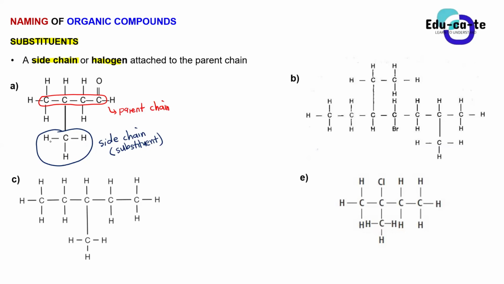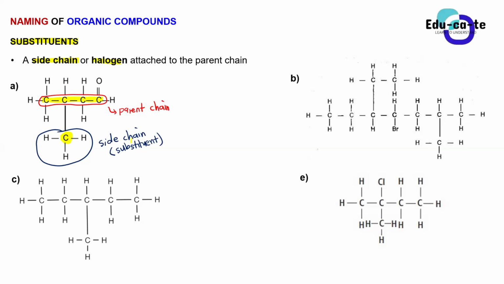So you can recognize the parent chain, right? This one that is straight, having 4 carbons in it. It is the parent chain because it has the highest number of carbons. Out on the side we have another chain of carbon. It's only 1 carbon, yes, but it's known as a side chain, or a substituent. Whenever you hear me using terms such as side chain or substituent, we're simply referring to either a side chain or a halogen. A substituent can either be a side chain or a halogen.